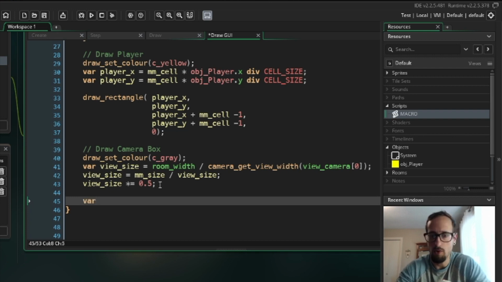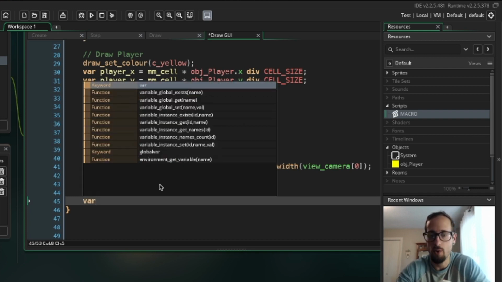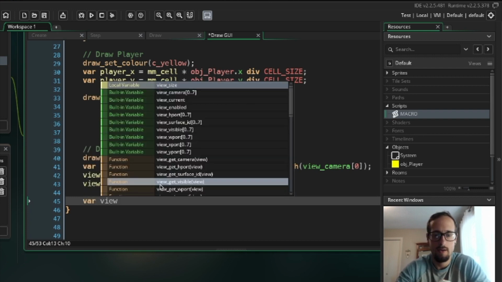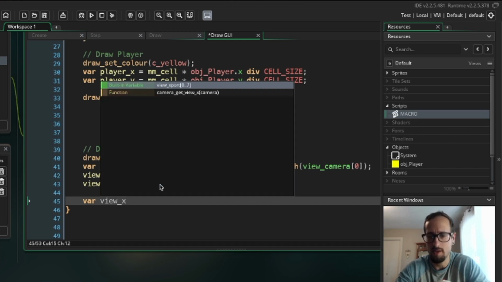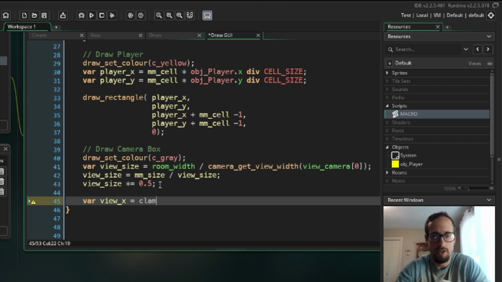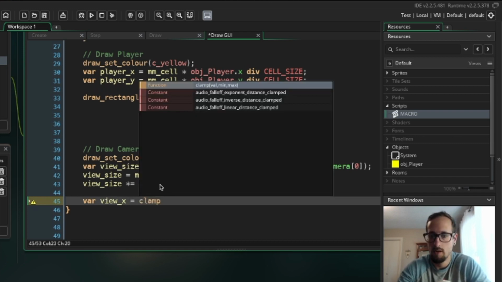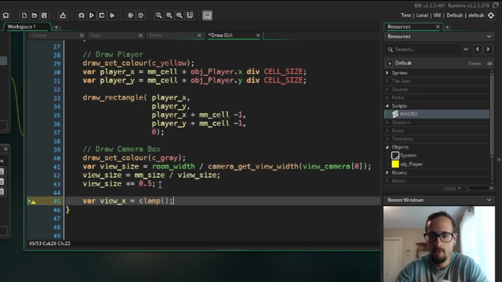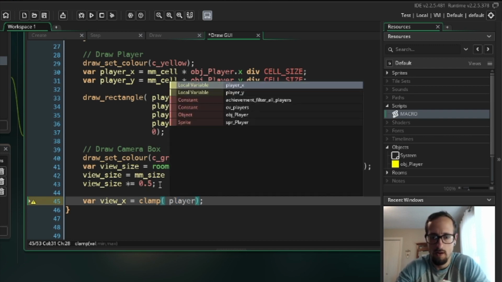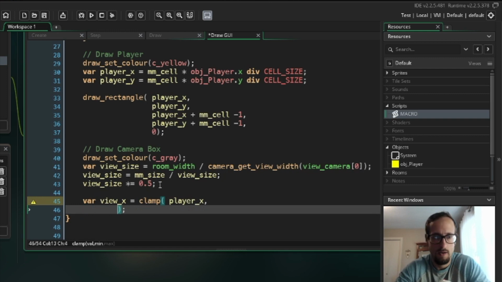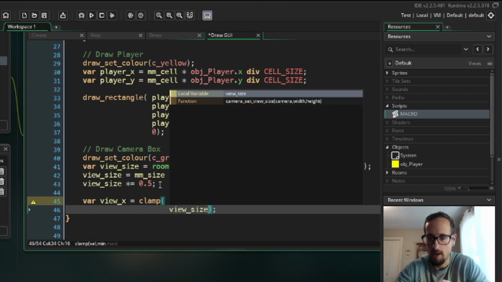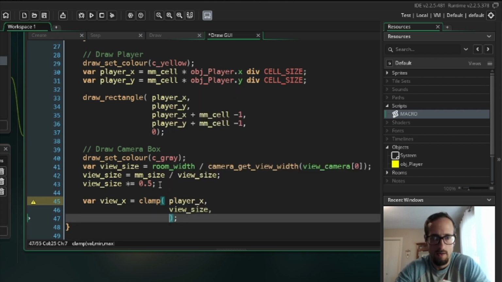Next up, we need a couple local variables to get the x and y coordinates of the view itself, or I guess the camera. I should be calling these camera x, camera y, but I didn't. We're going to actually clamp these. Give them the clamps. And let's space these out the way I have been. So player x, view size, since we've cut it in half, and